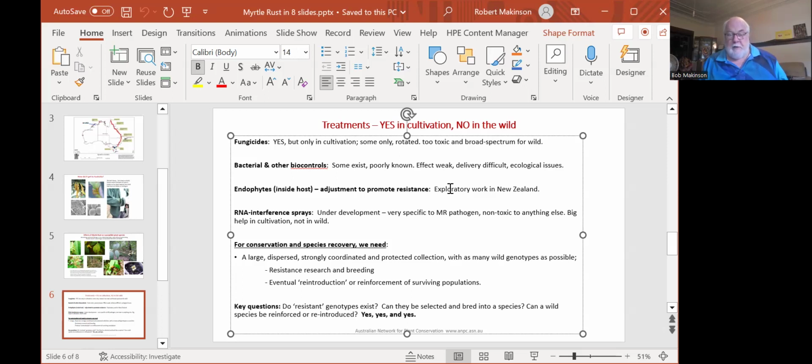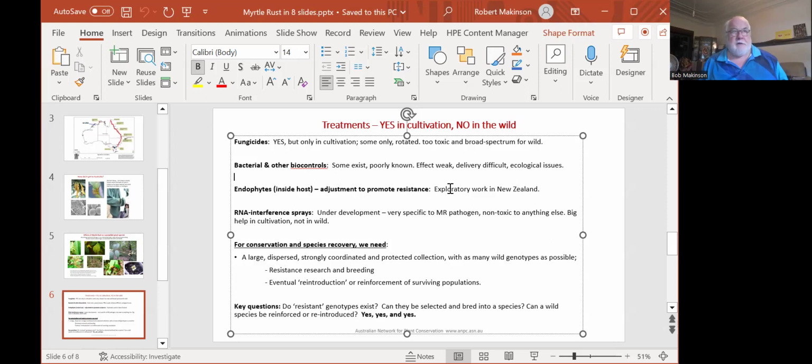There is some evidence that particular balances of endophytes can have an effect on myrtle rust levels of infection and severity. And there's some exploratory work underway in New Zealand. But again, manipulating that sort of situation in the wild is extremely unlikely. There's a recent development in Australia of a spray treatment based on